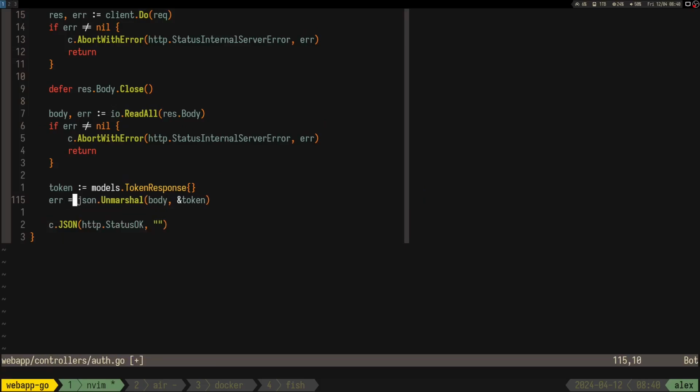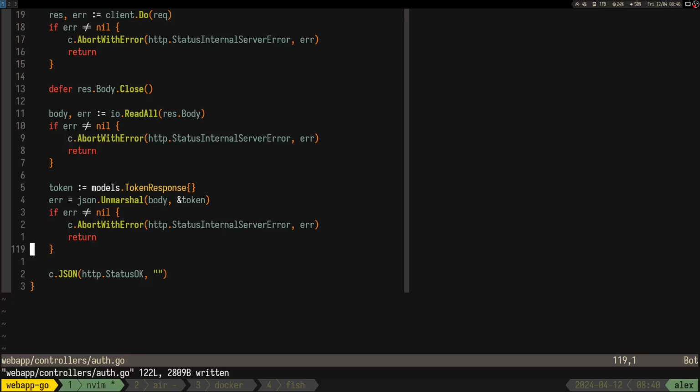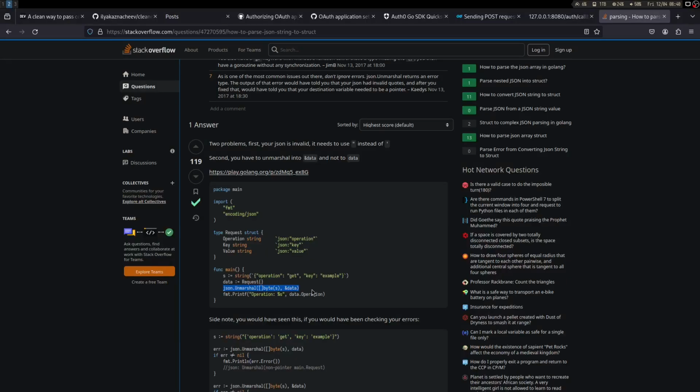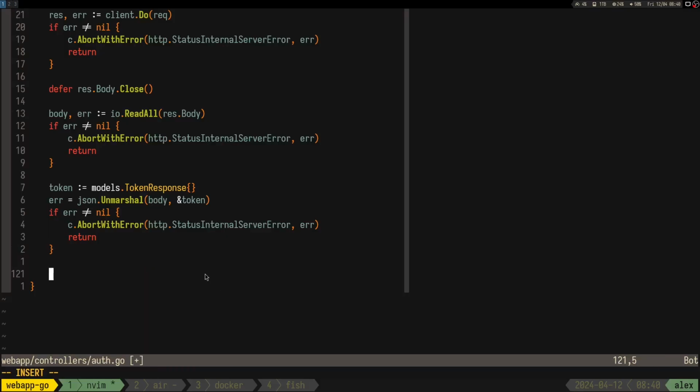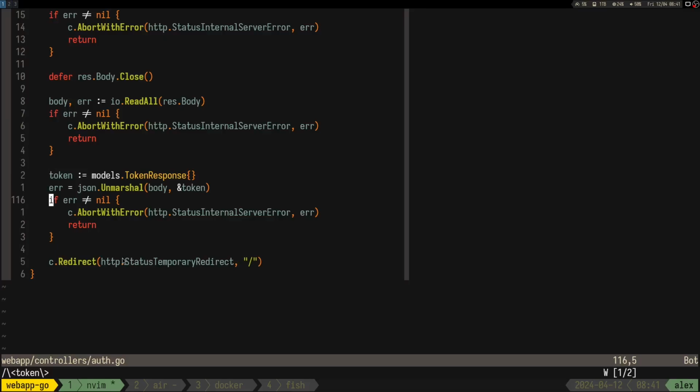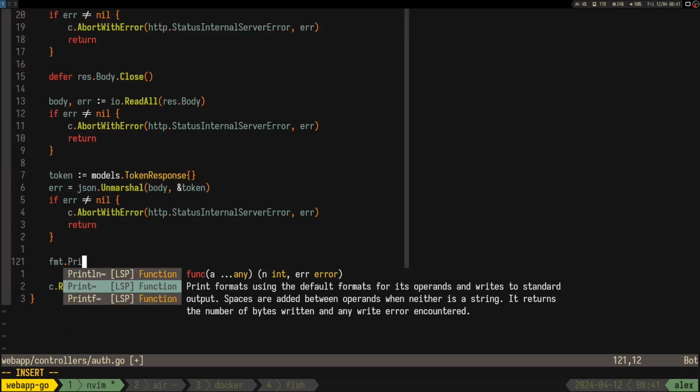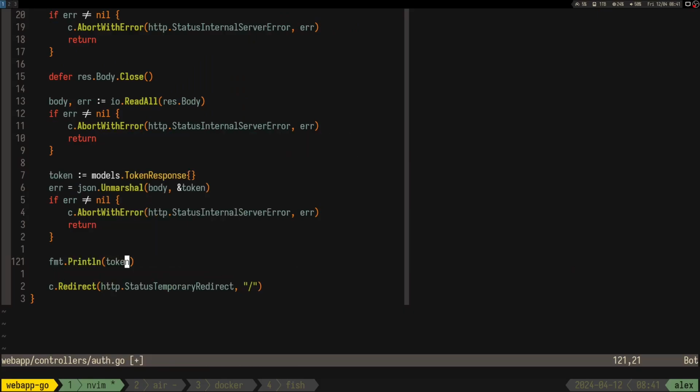So again, if we have an error, we just say that we got an error. And if we take a look back at this example, we can redirect on the home page, I guess, something like that. No, the token is not used, but we can just fmt.Println token in the best idea, but